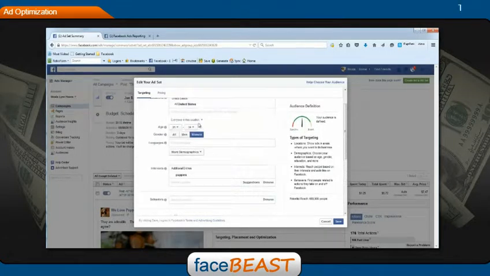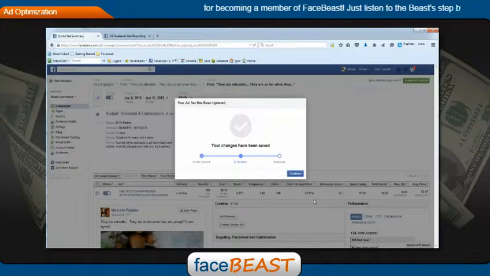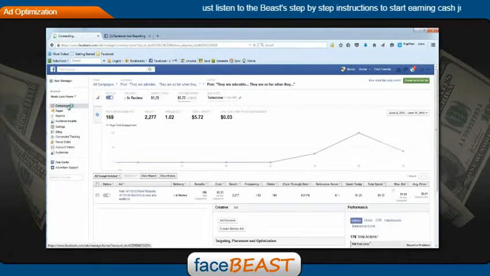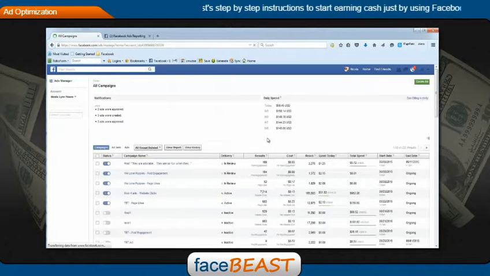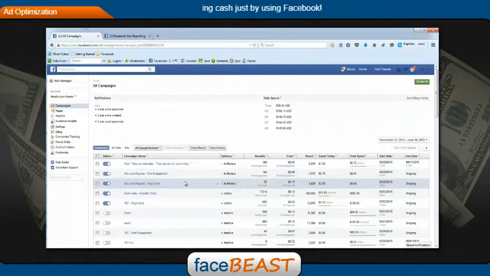So we've adjusted our age, and we've adjusted where we're displaying the ad. We're going to save it. Continue, and we will go back to our campaign. Now you can see all three of our campaigns are in review. We should have no problem having them approved, and we will look for these numbers to dramatically drop in price